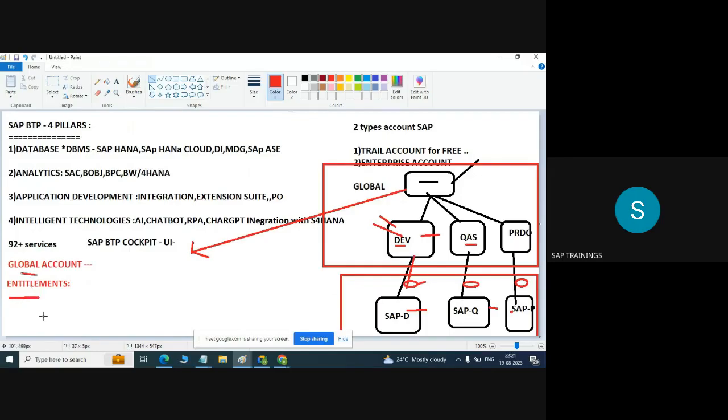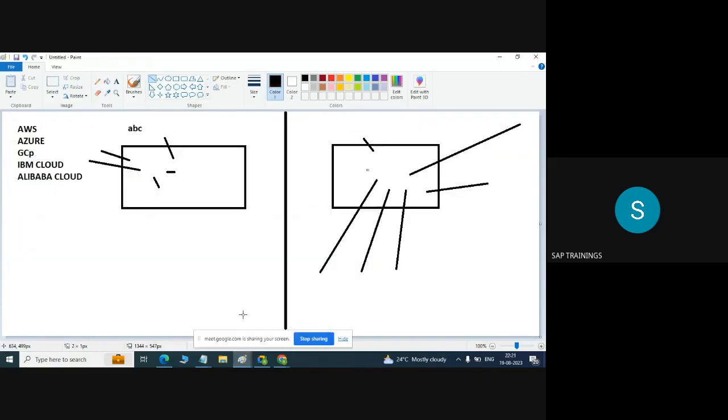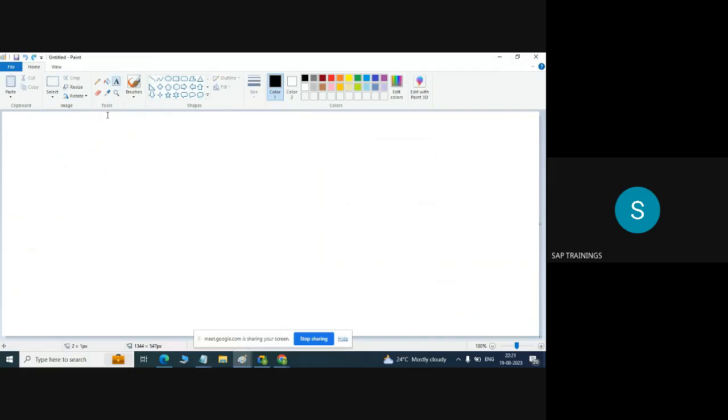Global account, sub account level we discussed, right? When you are working on the BTP side, you will get technical words like sub account ID, sub account name, global account, environment, entitlements, service assignment. So if we discuss them beforehand,